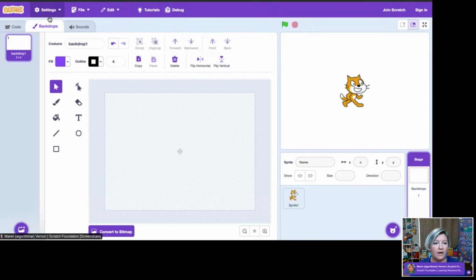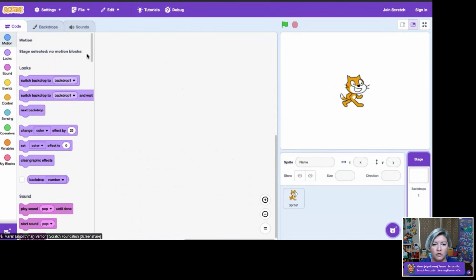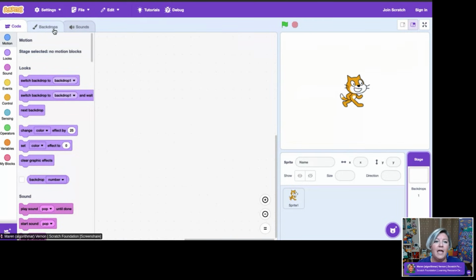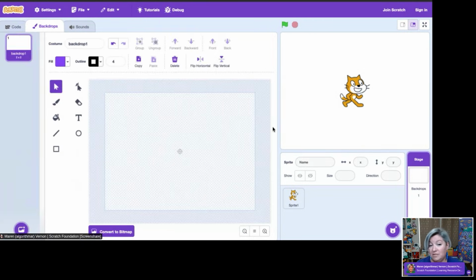So when we are in Scratch, we will enter into a project, and the first thing you'll be in is your sprite. But if you click over here under Stage in the Backdrops area, that is where we're going to start. And we're going to click on Stage Backdrops and this Backdrops tab. And then you have here what we call the Paint Editor. And this is where we can start creating something.